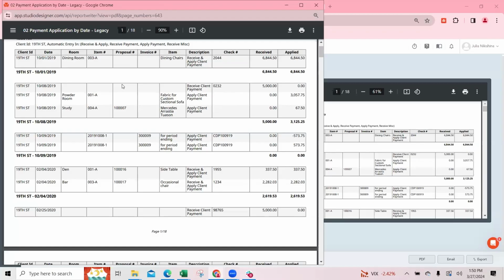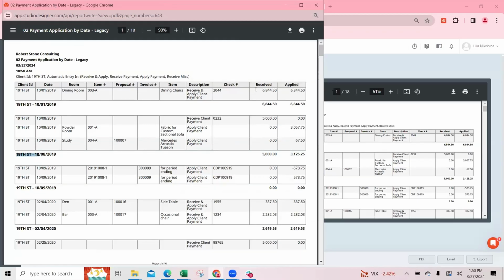But 19th Street is my own test, a project that I usually always resort to. So I filtered by 19th Street in terms of payment application. And it's a lot of information, and it'll tell you anytime you applied, anytime you did anything with client money. And that's meaning literally anything, $67, $1, a penny. You moved it from the dining room to the powder room to the study, back and forth because you made a mistake. I mean, this report could definitely be